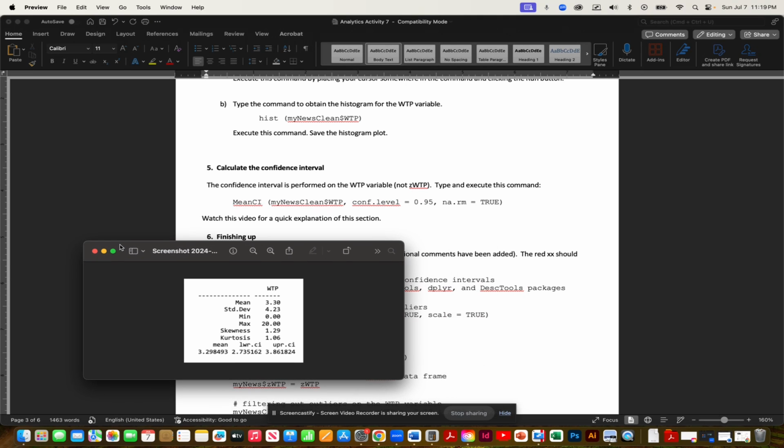Typically, a common confidence interval that we use is 95%. So that's what this 0.95 is. Think about your previous statistics classes that you've taken. That's typically what we go with. Based on the sample, this is what we have. And if we're going to infer anything about the population, we can't say for certain that this is how much people are willing to pay because